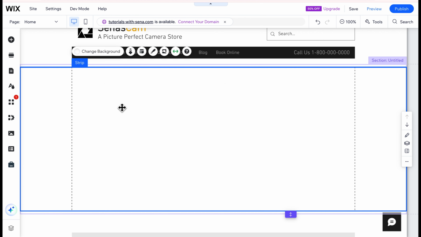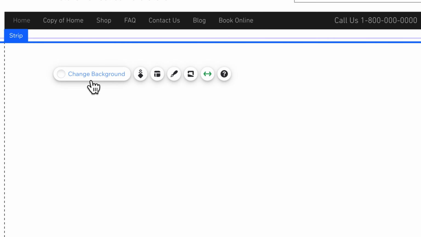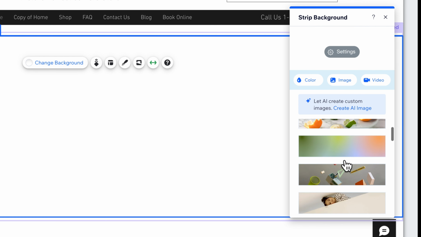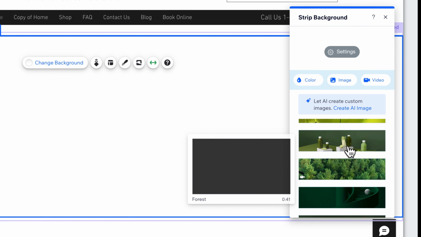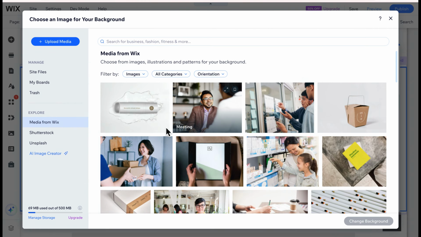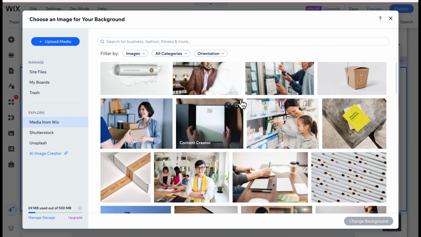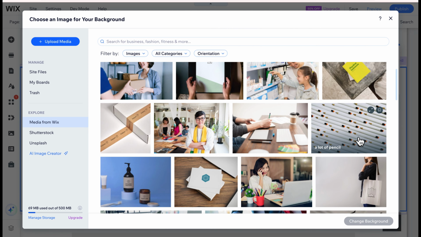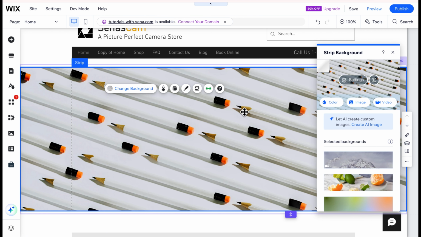And then after that, you want to click on the strip and then choose change background right here. And then right here on the strip background, you can also just choose any image that Wix has prepared for you, or you can upload your own image by clicking on this image and then just choosing any image that you like, or you can upload media to upload your own image, but I choose from this Wix right here. I want to choose this one, lot of pencil,